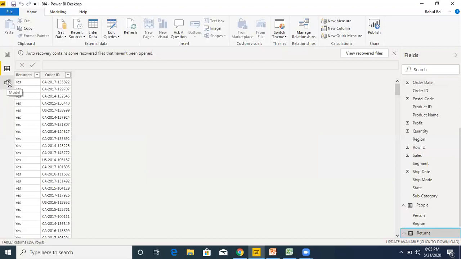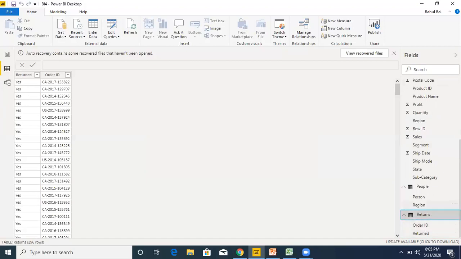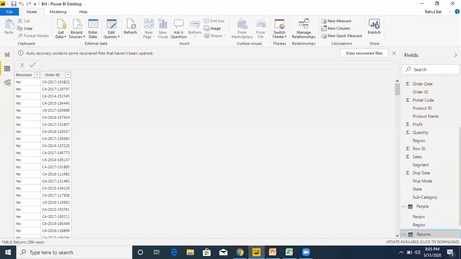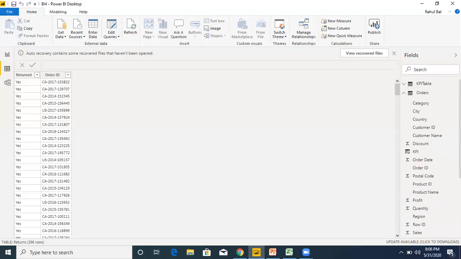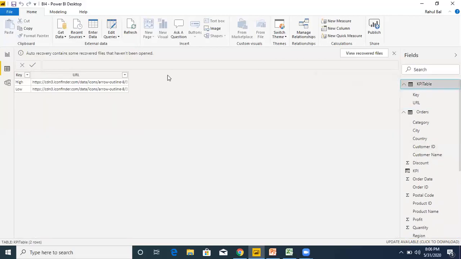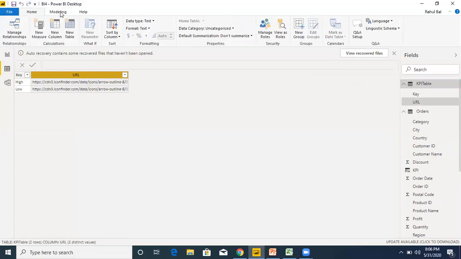So now, before going to the model, we'll check the KPI table, and there one thing you have to do is change the URL data type.